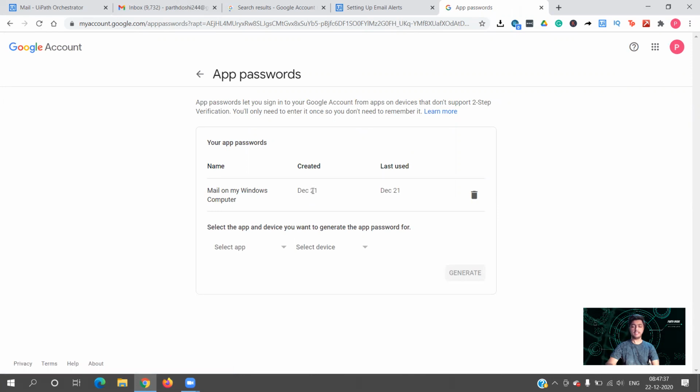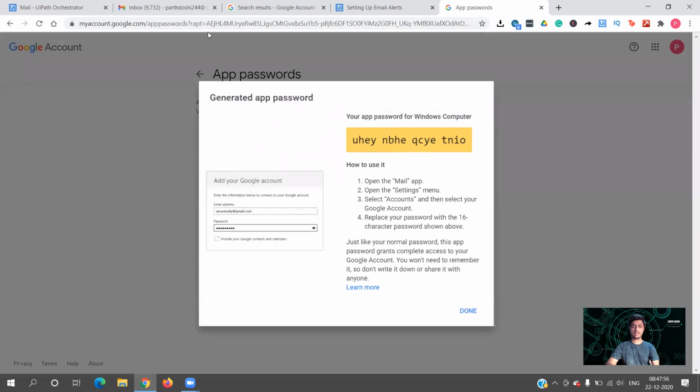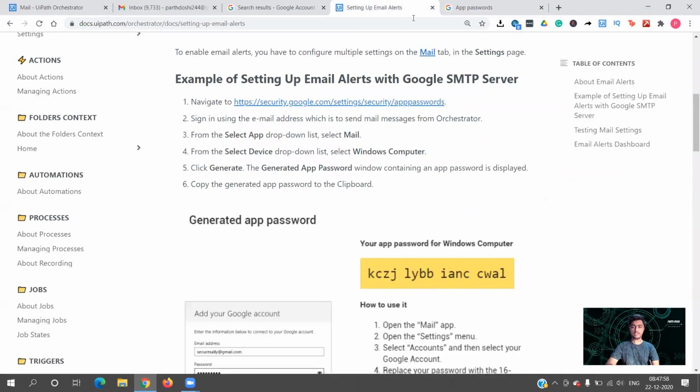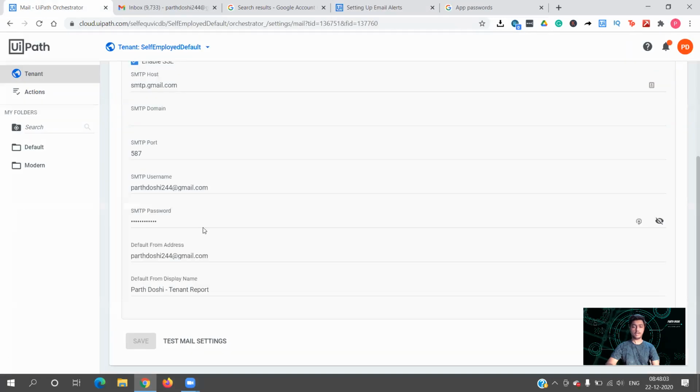This was created yesterday when I was trying out and understanding this feature. Now what you need to do is select app, that is mail, and for device select Windows computer. When you click on generate, a password is generated, as you can see in the documentation as well. This is the password that is generated. This particular password is to be used over here in SMTP password.